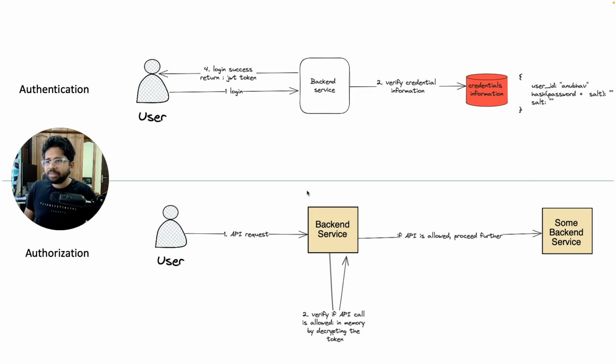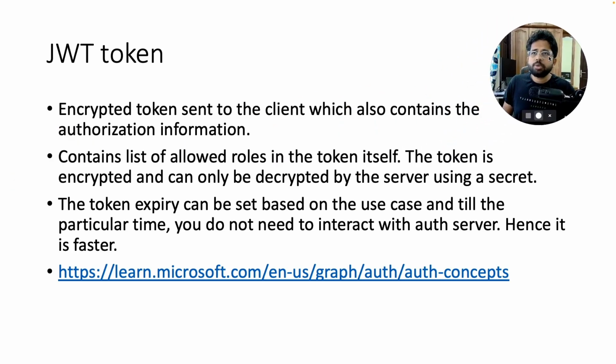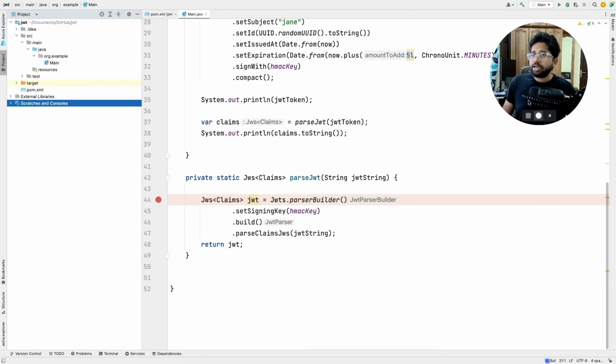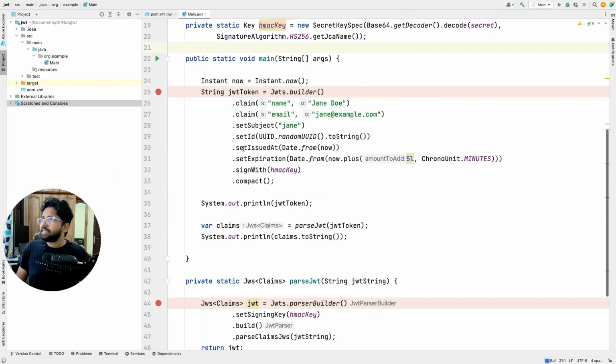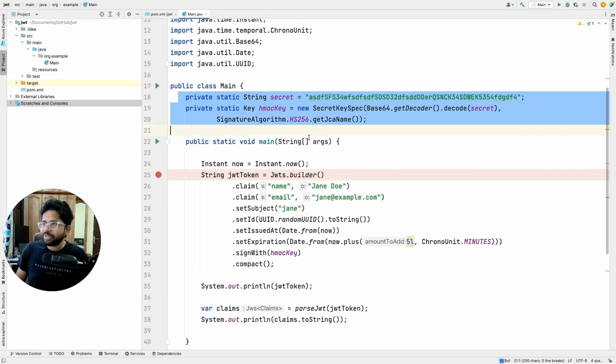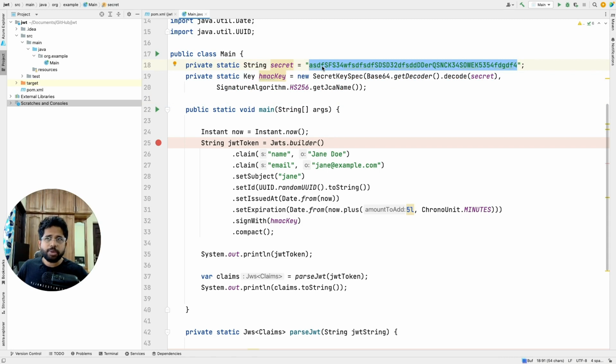Till that time, this particular token will be valid, and the backend service will keep on calling the external, dependent APIs. So yeah, this is how things will work. And I also wanted to show you the basic token based authentication, how it looks like in the code. But again, don't go by the code much. It's Java based code, not much here, but definitely it will give you the sense of how things work. So here you will have some secret in the backend, and this particular secret will be available only to you. It will not be available to anyone else.